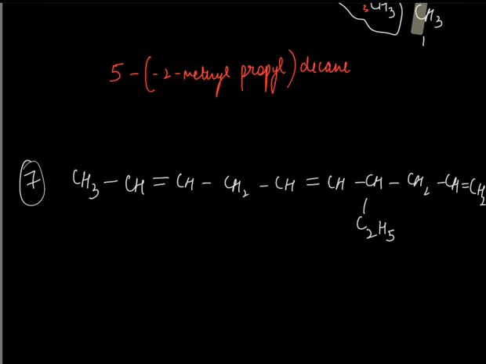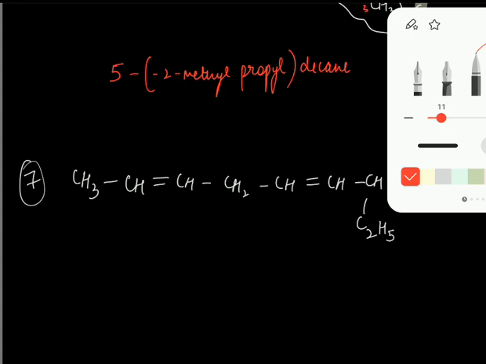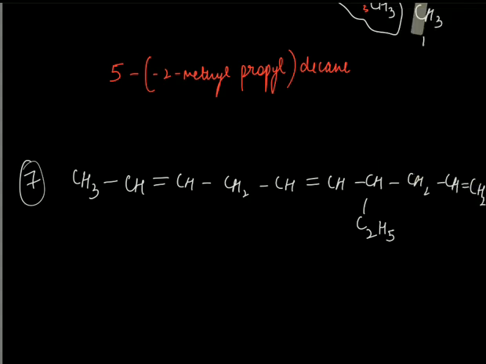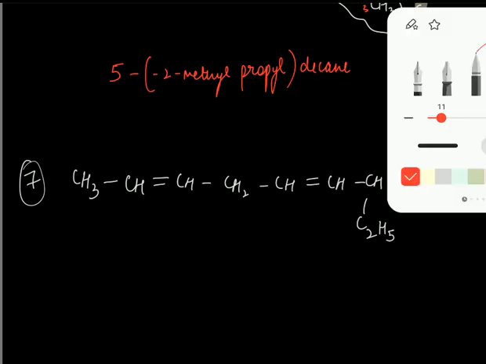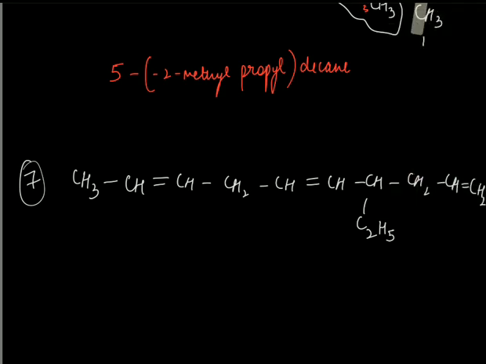Now in this, let's have a look. We have a double bond. How many times? We have 3 double bonds, if you can see. Now over here, we have to start the numbering from this side, because if you move from here, let's write the numbers. 1, 2, 3, 4, 5, 6, 7, 8, 9 and 10. Right, so obviously you can't go down. This is always going to be ethyl.